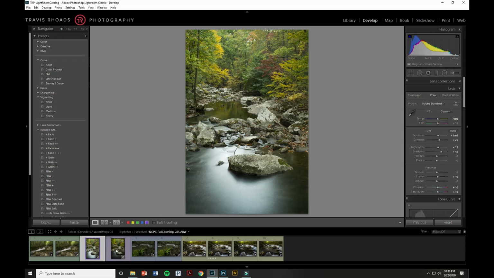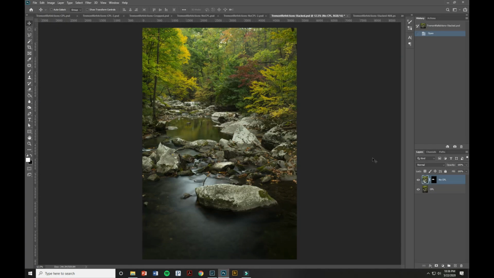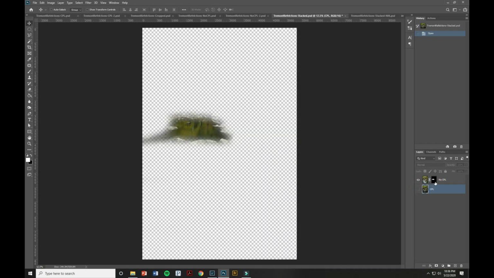So we're going to blend both of these images together. So we're going to jump over here into Photoshop. I have the non-CPL image loaded on top of the CPL image. So this is the CPL image here, and this is the non-CPL image. And you can see that the layer mask is really painted in just for that area. I'm just painting in that little reflecting pool